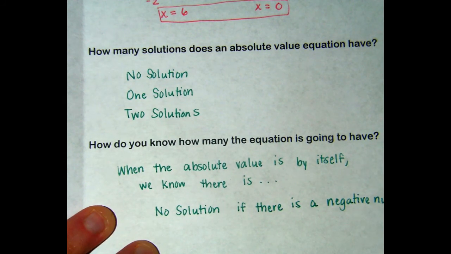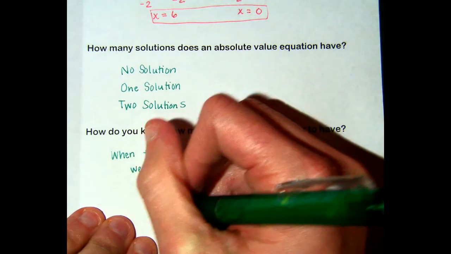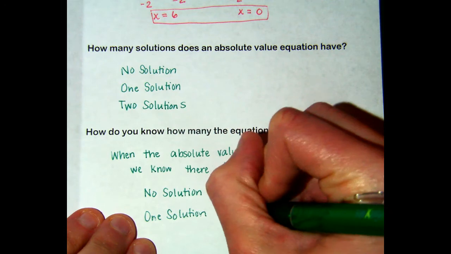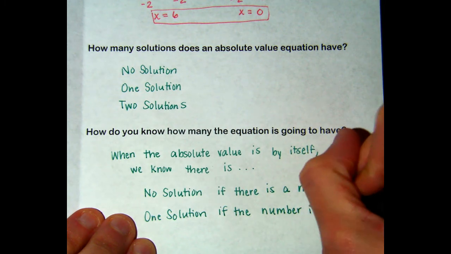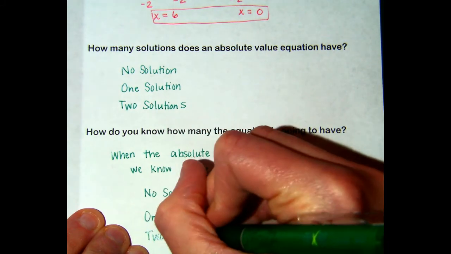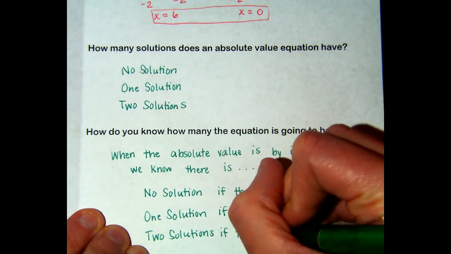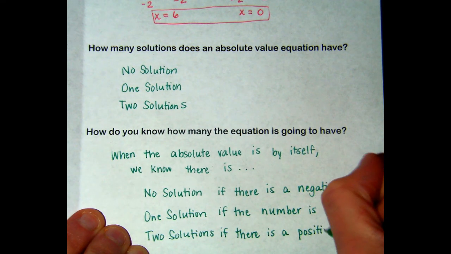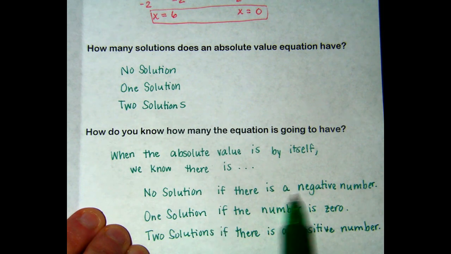To make sure you can see that, zoom out just a little bit. We know it is one solution if the number is 0. And we know there are two solutions if there is a positive number. This is a good reminder so that you do not do extra work and solve for something that is not